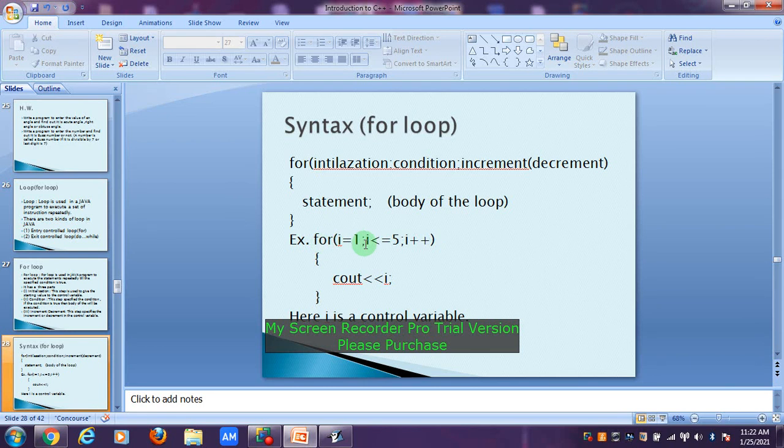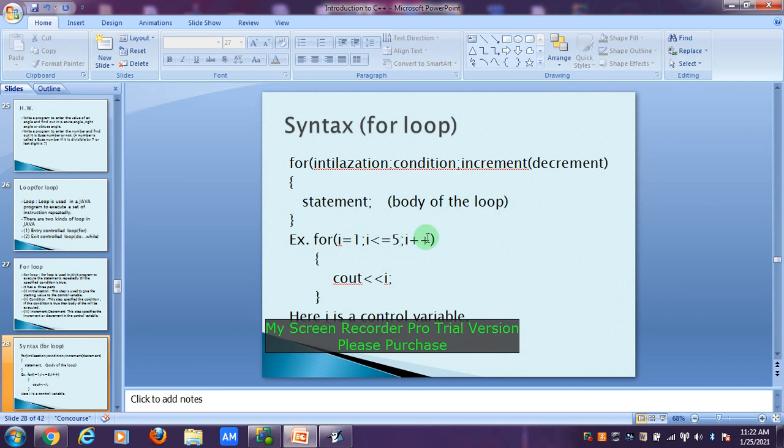Suppose here I have to print the values 1 to 5. So in one variable I will take the starting value, that I have to start printing from 1, so I take 1. So value of I is 1. Then I will change the value of I, like after 1, I have to print 2.